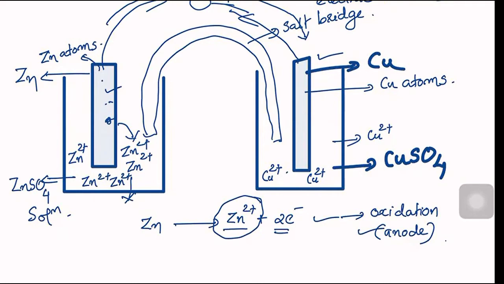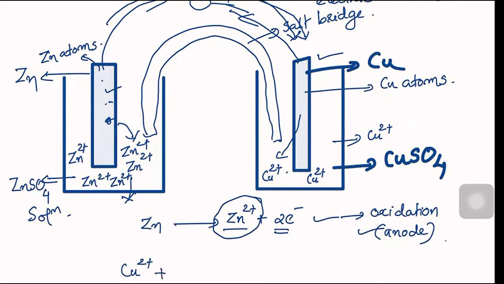Now what happens to the right side of the galvanic cell? What happens to the copper? Now we know that electrons are coming to the copper. Electrons are moving into the copper. And this copper rod will take that electron and give those electrons to the copper ions. So electrons which are coming from the zinc rod will be taken by the copper metal and given to the copper ions in the solution. Copper ions in the copper sulfate solution.